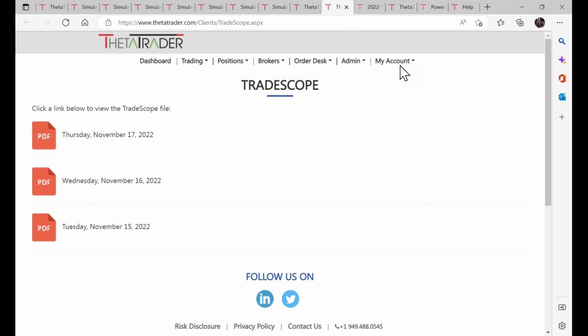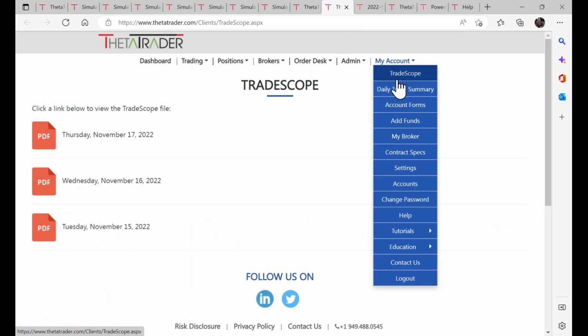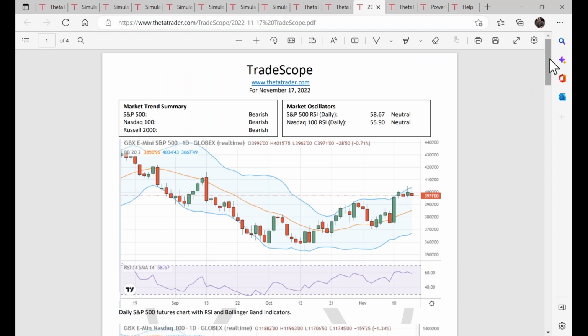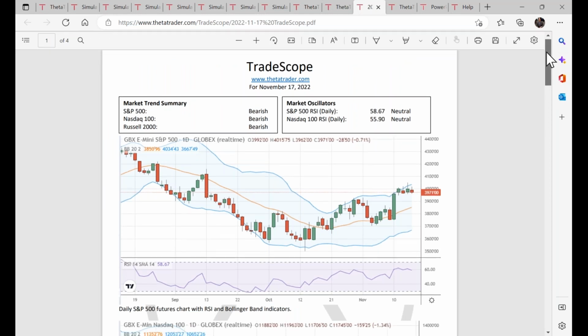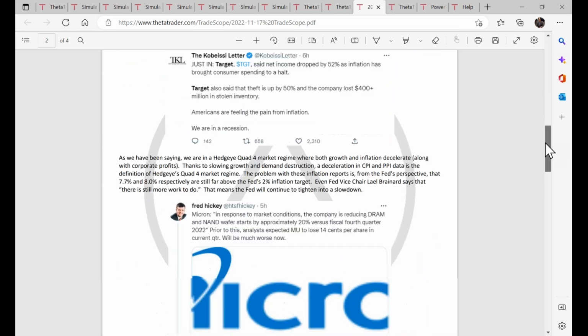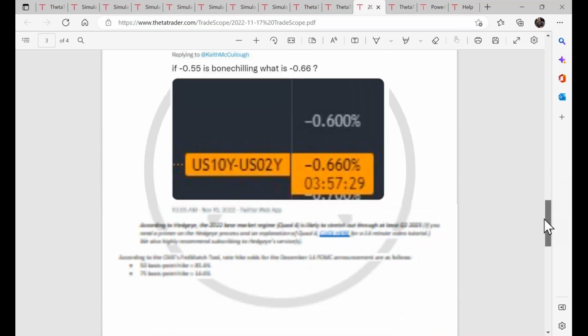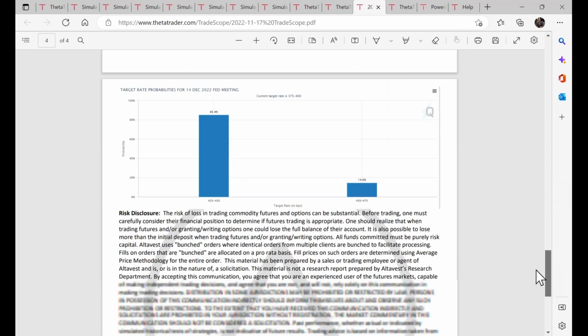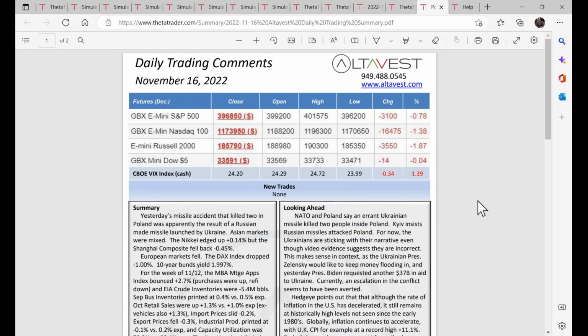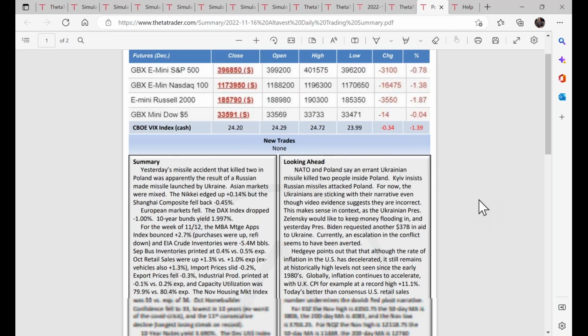And then we also have daily research. I want to point that out, something called Trade Scope. And this helps inform you as to what types of strategies you might want to use if you're bullish or bearish or non-directional. This is only for our clients. We provide forward-looking guidance as well. So that's done daily. And then we also have something called the daily commentary, which is more of a narrative. You get quotes and any new trades for the day.